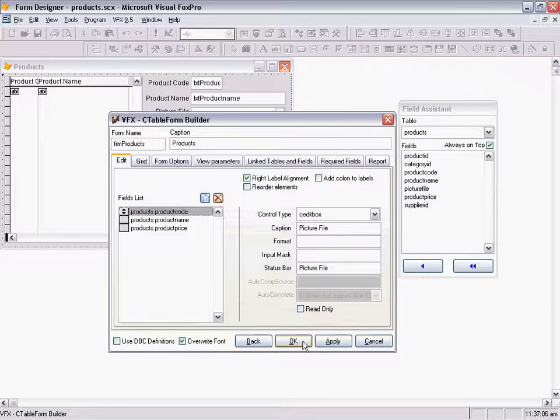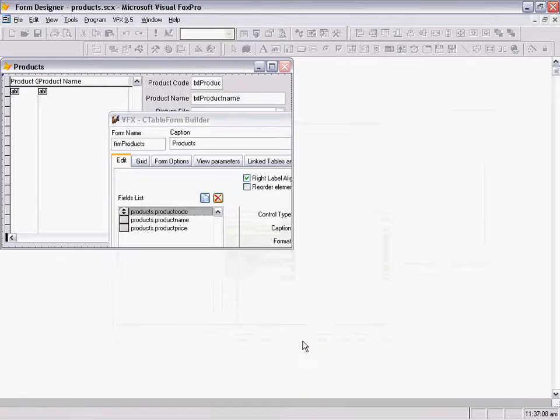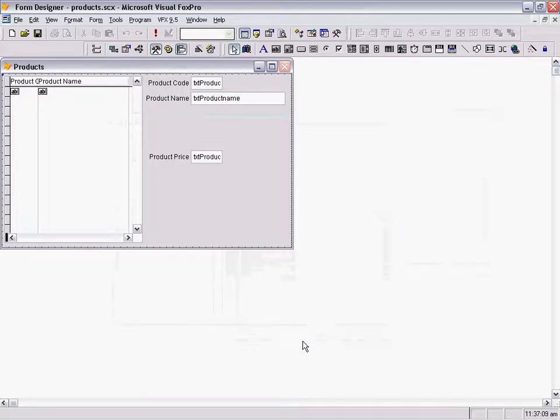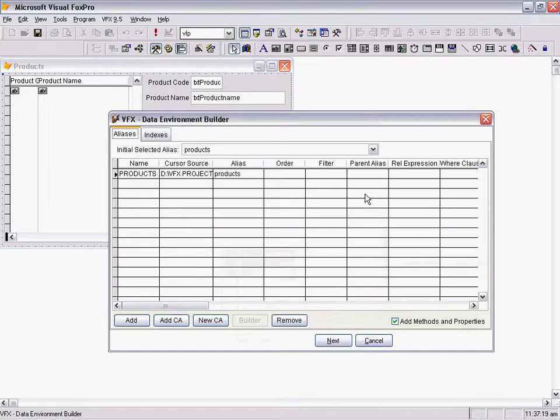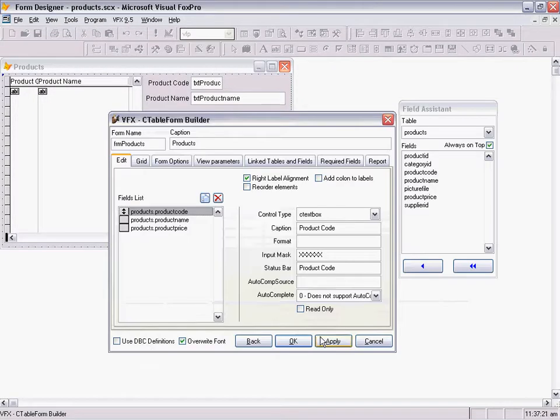Now just clicking OK on the data environment builder. I want, let's say, to delete the picture file. Clicking on the delete button and just clicking on OK will rebuild my form, and the edit box related to the product file is deleted from the form.